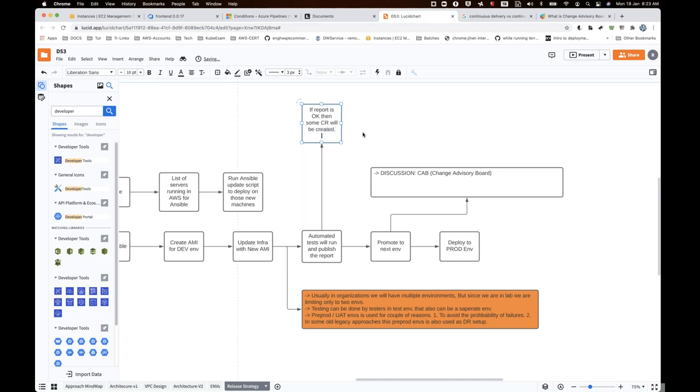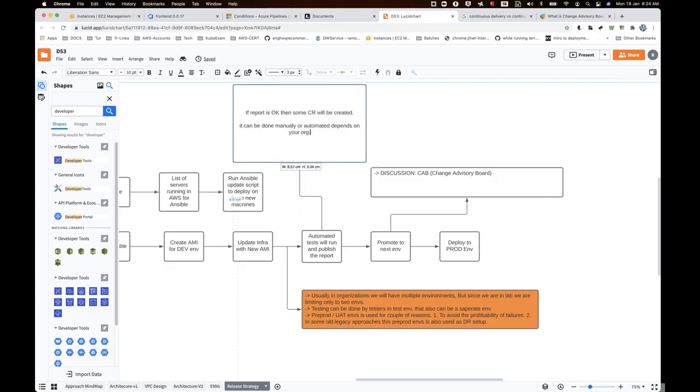It can be done manually or automated, depending on your org and your technical stack, whatever you follow.